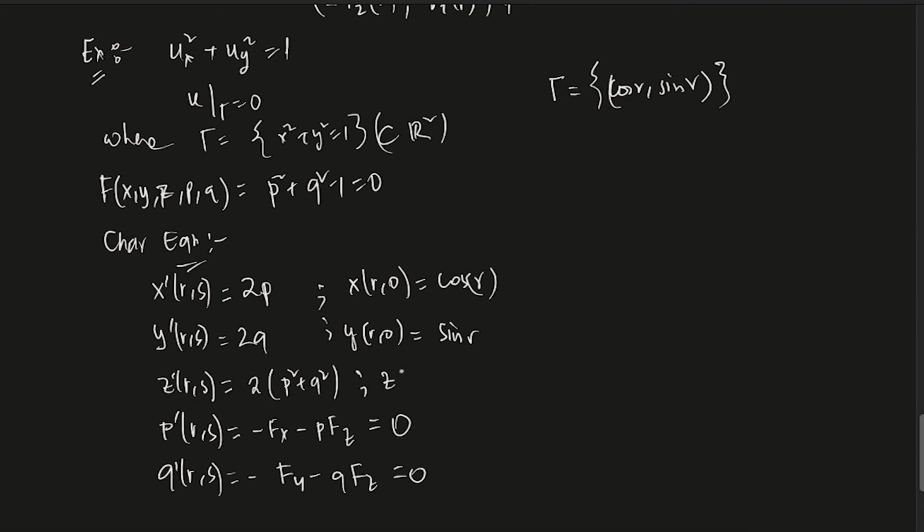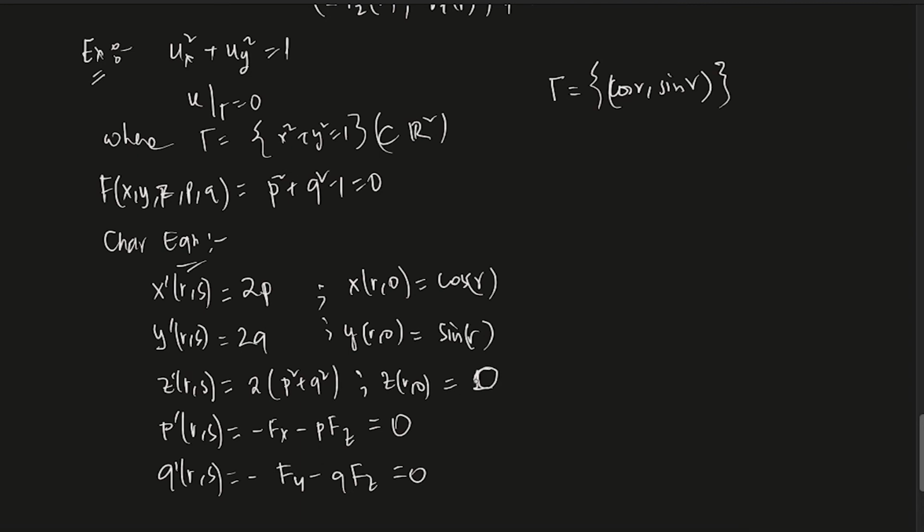Okay, what is z at the point r0? Z at the point r0: first is cosine r, next is sine r. So you are basically looking at what u does at the point cosine r, sine r. It is always 1, because cosine square plus sine square is 1. So z at the point r0 is 1. Sorry, z restricted to gamma is 0. So z on this circle is 0, right?